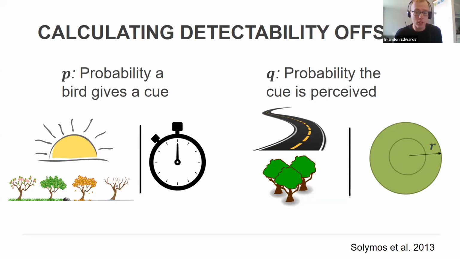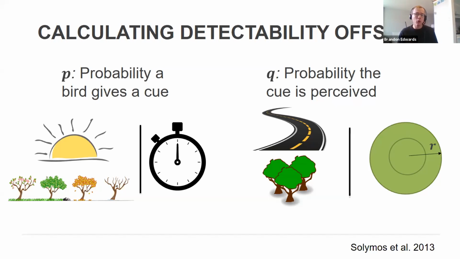Similarly for Q, which is the probability that the bird's actually perceived by an observer, this is where we can begin to consider environmental biases that might affect an observer's ability. So for example, in surveying by a road, the roadside survey may bias someone's ability to actually perceive the bird due to something like road noise, especially if you're surveying by a particularly busy road, compared to a survey that maybe takes place off-road. And then in a similar vein, surveying in a dense closed canopy forest may bias someone's ability to perceive a bird, maybe through muffling the bird's sound, compared to a survey that takes place in, say, an open grassland.